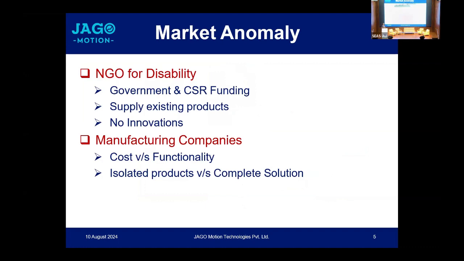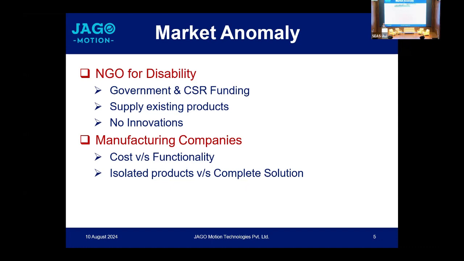The gap that I see is there are a lot of NGOs in India, and I'm really grateful to them as a disability partner that they're doing fantastic. I will talk about some companies who are doing great work, but there are so many NGOs. Government is putting a lot of money. It's not that government is doing nothing. Government is doing a lot of things. So where there is a lack of reaching out to disabled people, there are companies also.